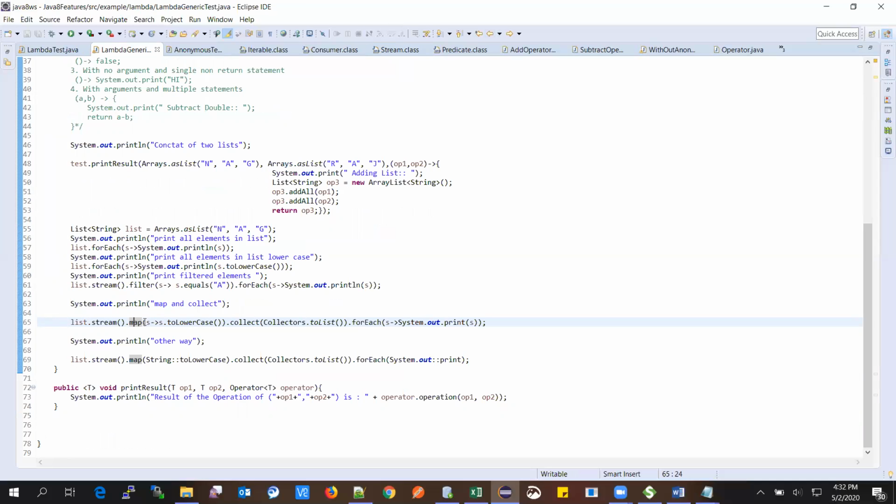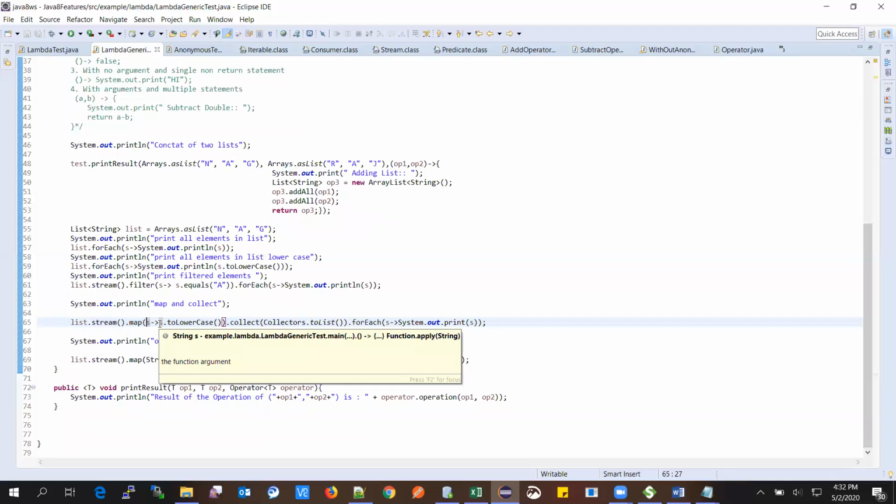So what my map method will do is iterate all elements in the stream, do operations on them, and give that as a new stream.